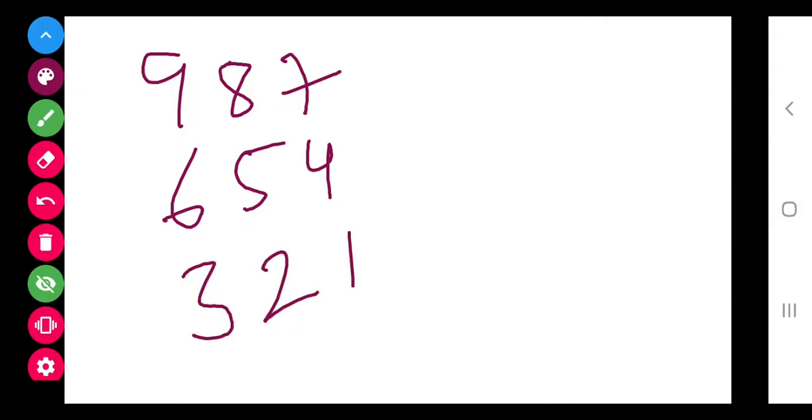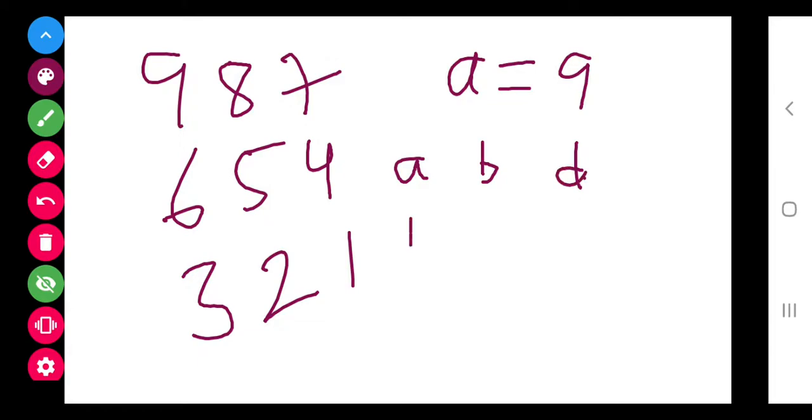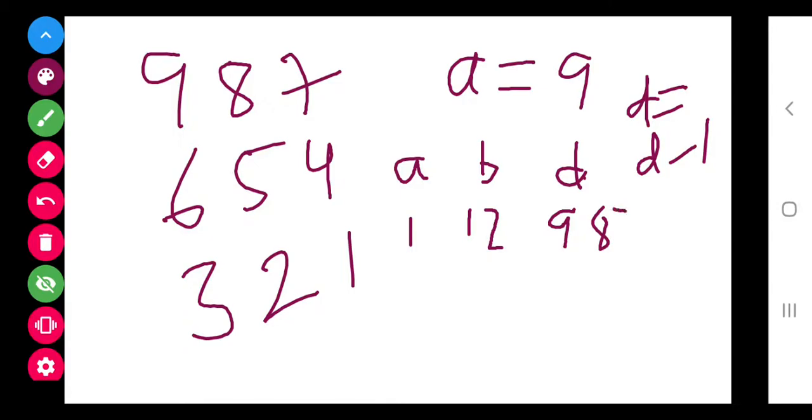In this, what you are going to do is first consider D equals 9. Then again the value of A, B and the output, that is our D. The value of A will be 1, the value of B will be 1, the value of D will be 9. When the value of A is 1 and the value of B is 2, D will be 8, because after the print statement we will give D equals D minus 1.